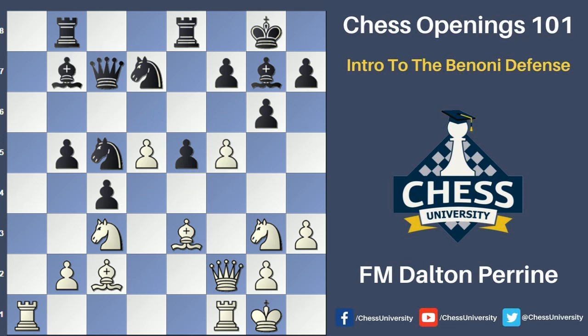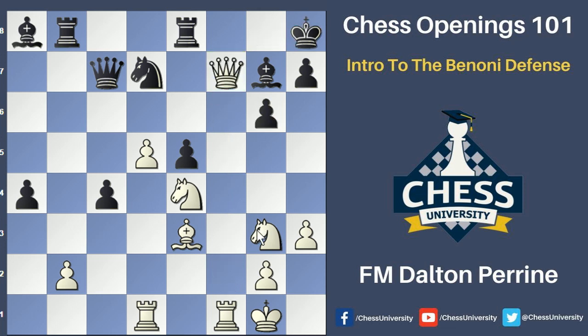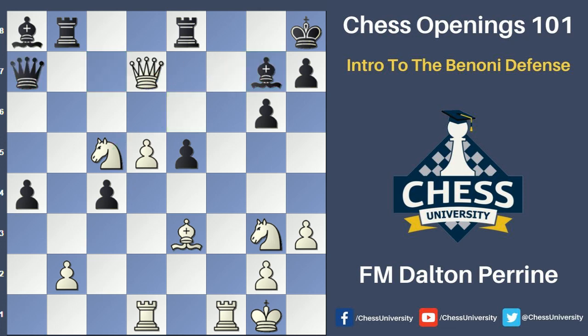Black plays bishop b7, rook to d1, bishop to a8, knight e4, knight a4, a trade of bishop for knight real quick, and then a capture on g6, which is opening up the f-file, and white is looking to get a very strong attack on the king side here. Pawn takes back, queen f7 check, king moves, knight to c5, attacking the pinned piece, and also looking to play knight e6, forking the queen and the bishop. Black ends up playing queen a7, white picks up a piece on d7, and essentially white is up a piece here,